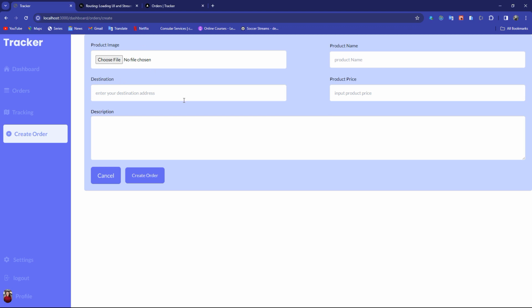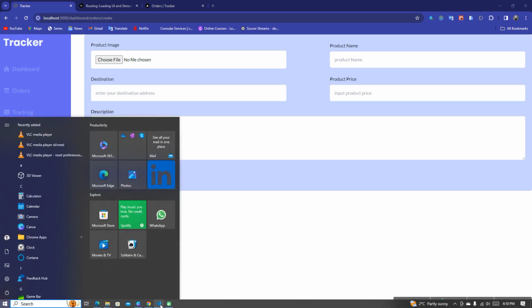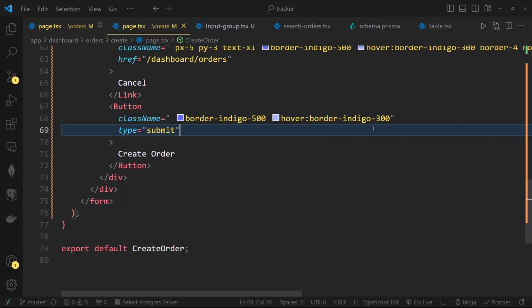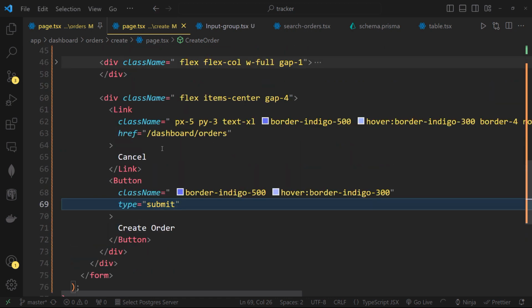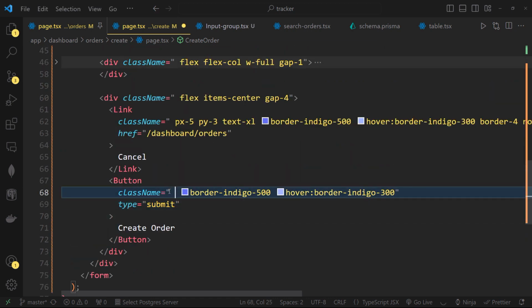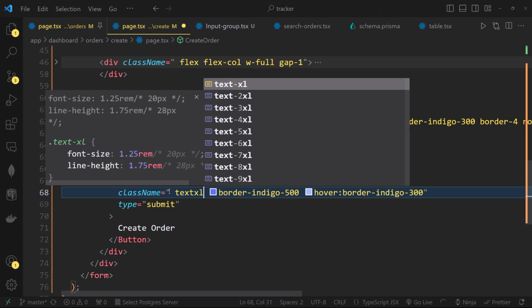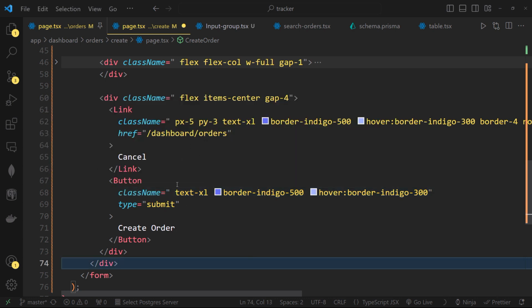We have our image here. If you click here, you see we can come here. Great. Now we can create an order. There's something wrong with this text here. I need to adjust it. We're just going to give a text of x large here, just so that this text is equal with this